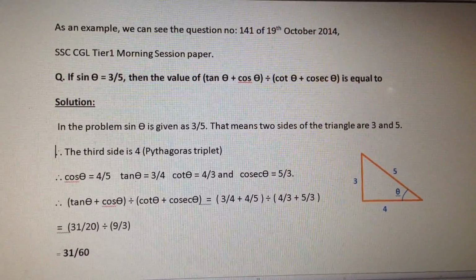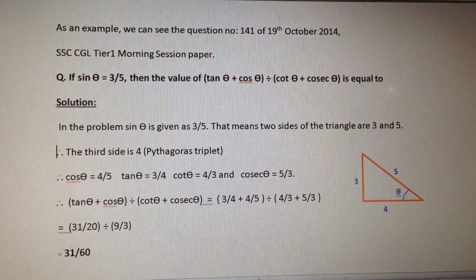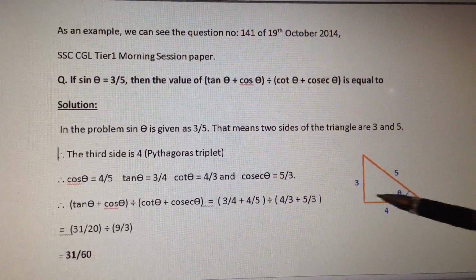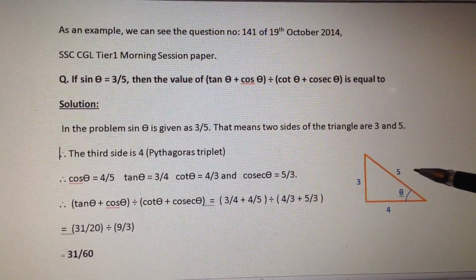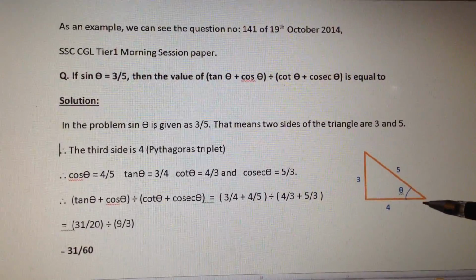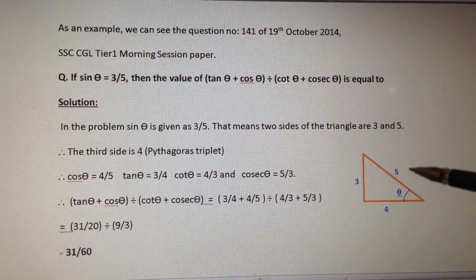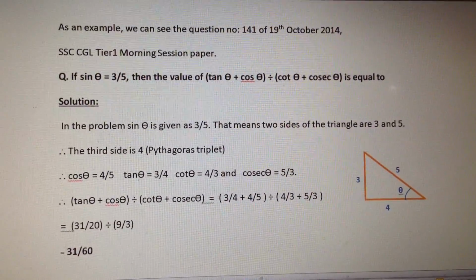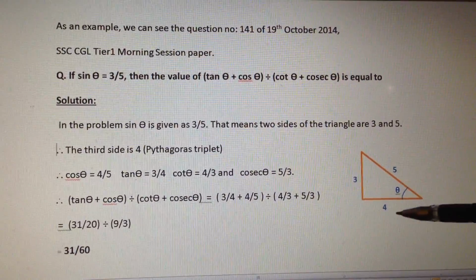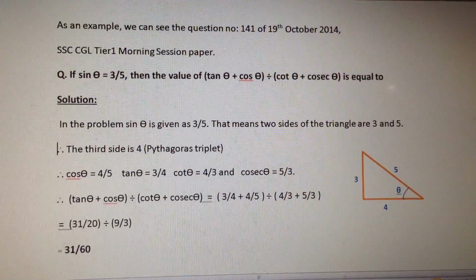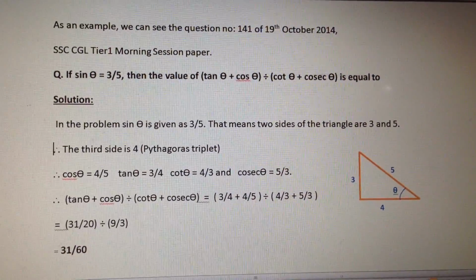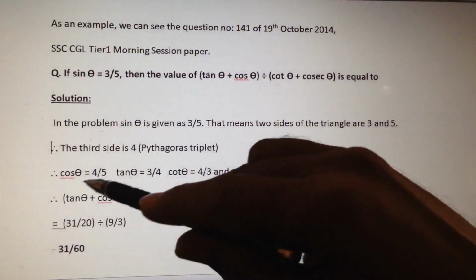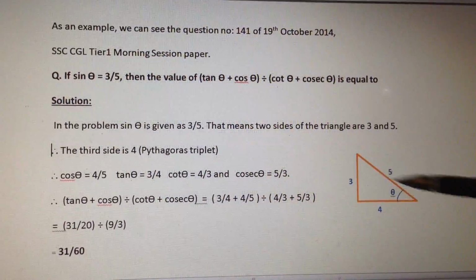In the problem, sin theta is given as 3 by 5. We know that sin theta is perpendicular by hypotenuse. So in a right angle triangle, if you know two sides of a triangle, then we can find out the other side by using Pythagoras theorem. So the other side becomes 4 now. So cos theta, we know that cos theta is base by hypotenuse, that is 4 by 5, and tan theta is perpendicular by